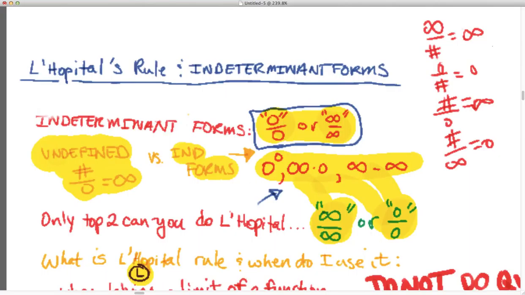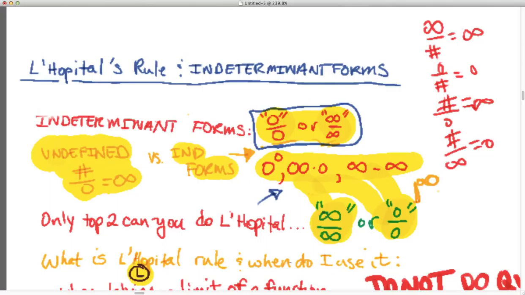Today we're going to be looking at L'Hopital's rule and indeterminate forms, more advanced examples. Again, you want to be looking for one of these indeterminate forms, and only these two appear. Can you do L'Hopital's rule with infinity over infinity or 0 over 0? Ooh, I just noticed that I left one indeterminate form out, 1 to the infinity. I apologize about that. But either way, all these other ones besides those two, you're going to need to rewrite